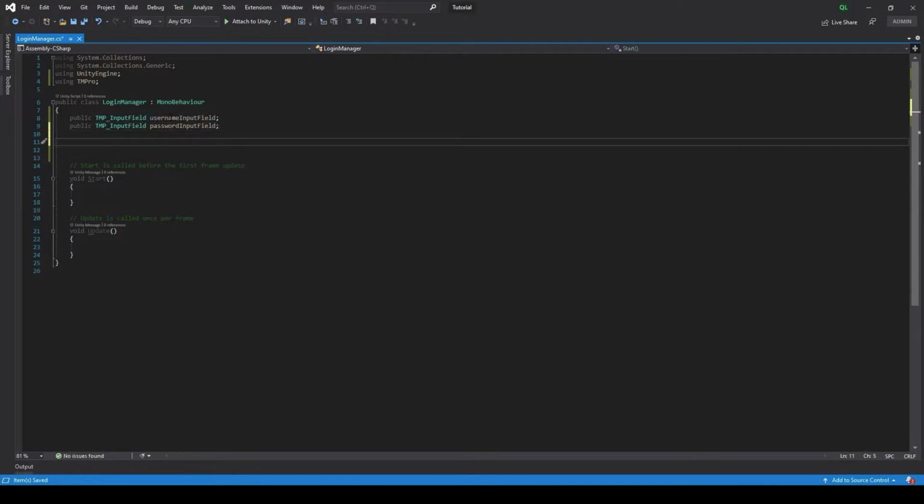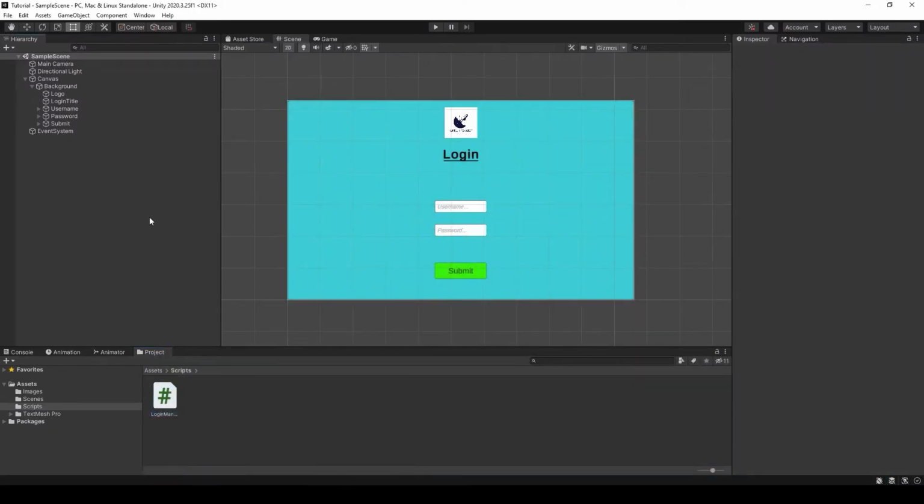And the last thing that we have is the button. The button we don't actually need to do anything with. We're going to call its function from the editor, not from script. And so we don't actually need a reference to it in the script. So that is the purpose of creating these two variables here: we want to get a reference to these so that we can grab the text that's inside them. So if I save this and I go back to Unity,